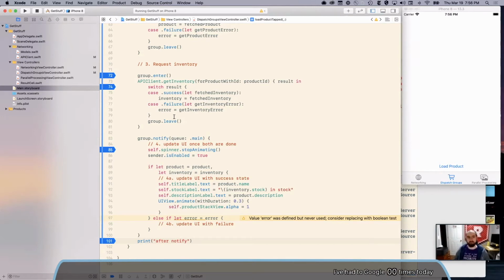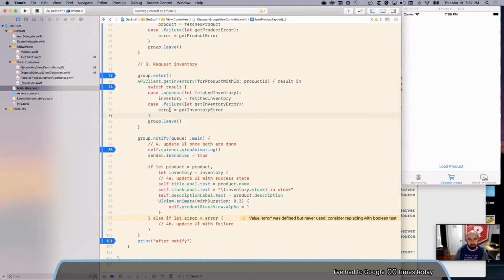It's worth being really careful with your code to make sure that those things are close to each other and it's easy to see that you've done them correctly. Like I don't think I would put this above the switch, because then you would leave the group and this notify would potentially happen before this stuff even happened.